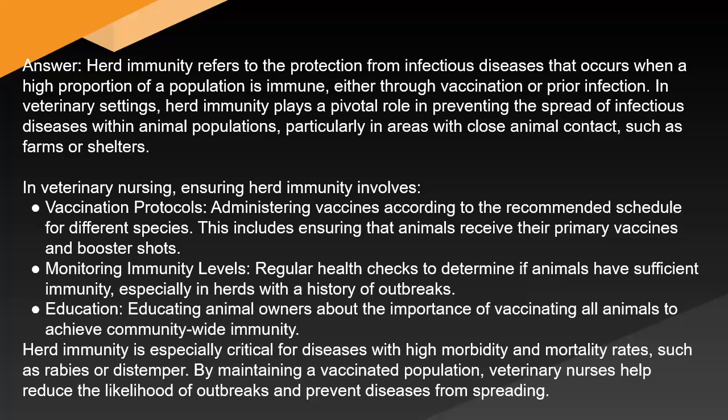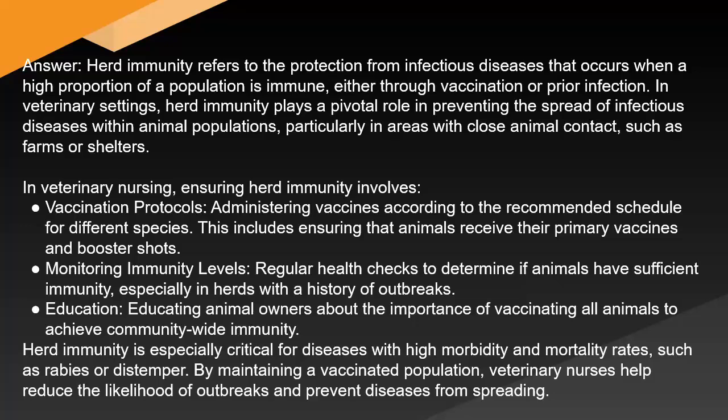In veterinary settings, herd immunity plays a pivotal role in preventing the spread of infectious diseases within animal populations, particularly in areas with close animal contact, such as farms or shelters. In veterinary nursing, ensuring herd immunity involves vaccination protocols, administering vaccines according to the recommended schedule for different species. This includes ensuring that animals receive their primary vaccines and booster shots, monitoring immunity levels, regular health checks to determine